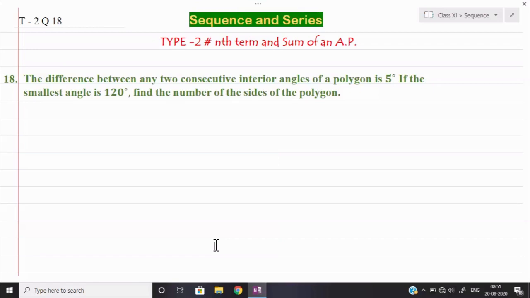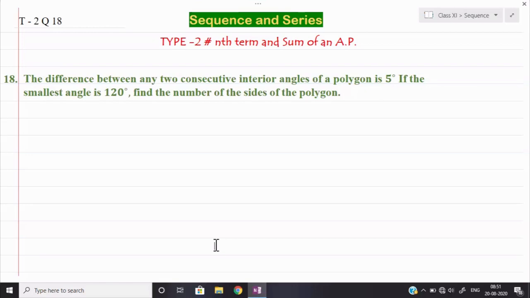Similarly, in the quadrilateral, the number of sides and the number of angles are always the same. So here we shall find out the number of angles, and we can say that will be equal to the number of sides also. Because in any polygon, the number of sides and the number of angles will not change. It will not happen that in a polygon there are 6 sides and 7 angles. No, the number of sides and the number of angles will be the same.